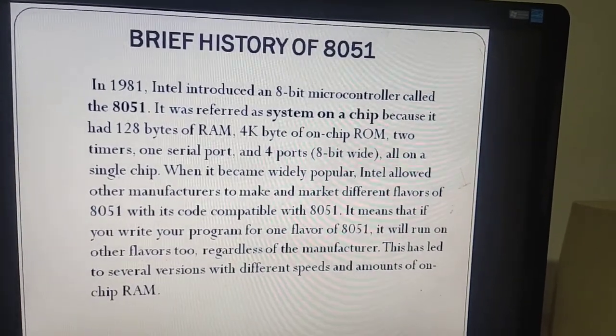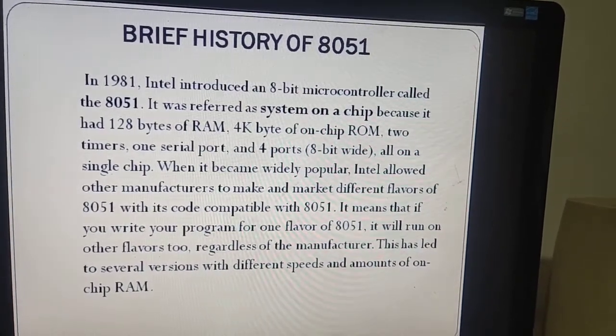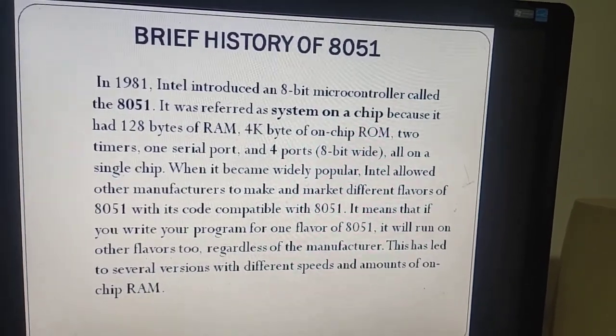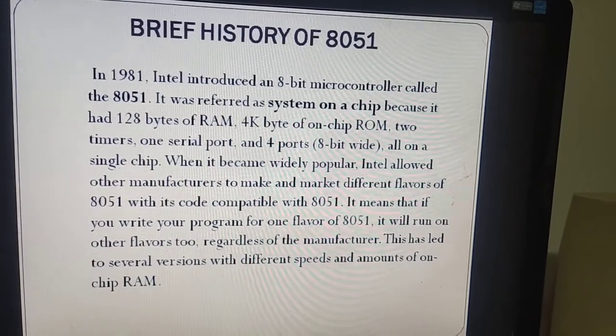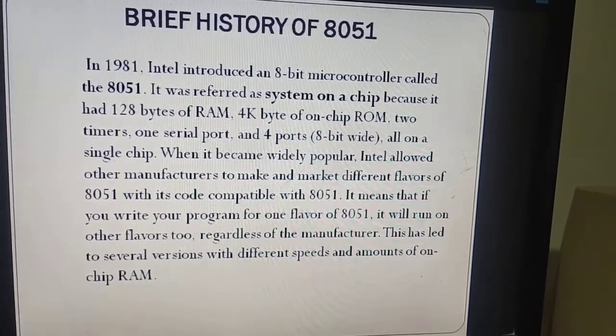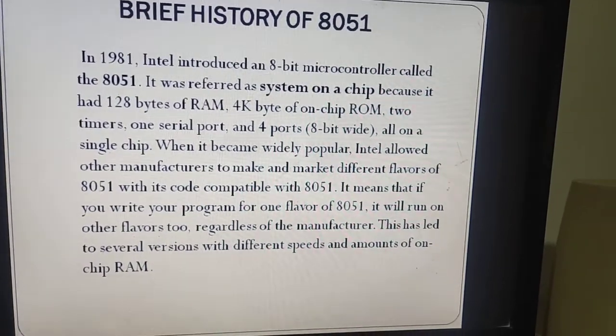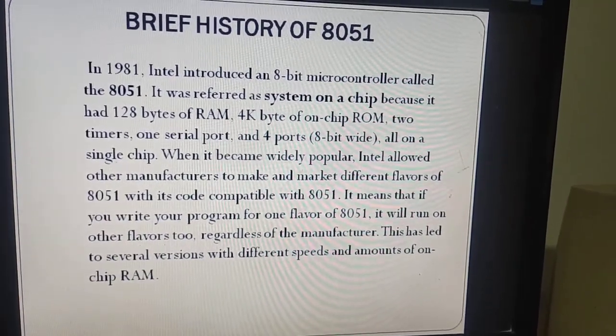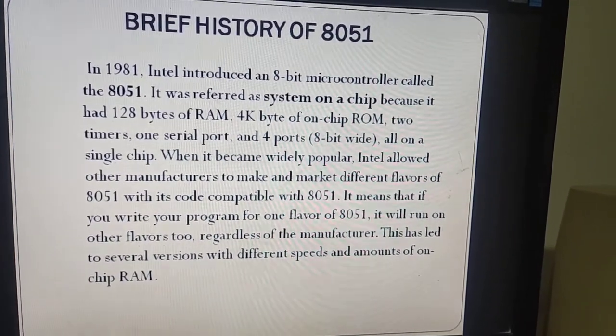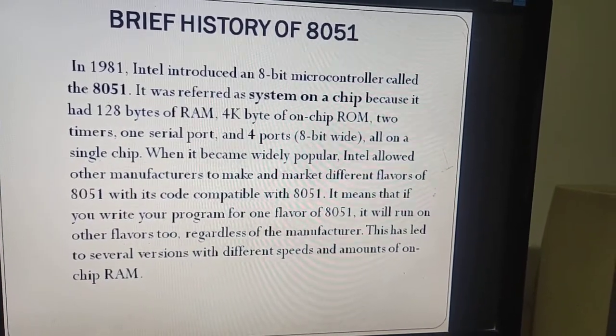Brief history of 8051 microcontroller. In 1981, Intel introduced an 8-bit microcontroller which is known as 8051. It is referred to as a system on chip because it had 128 bytes of RAM. See here,